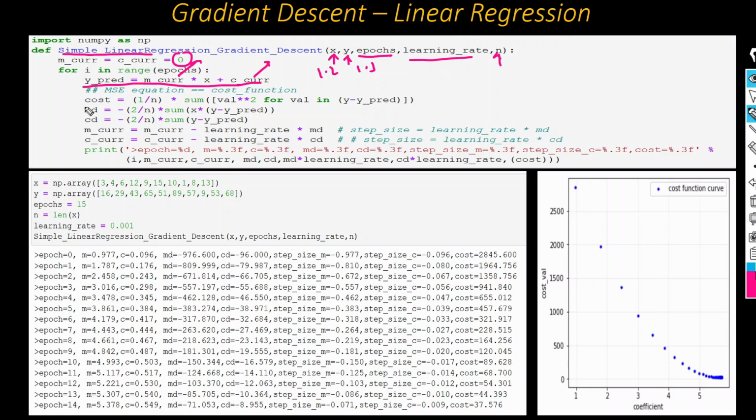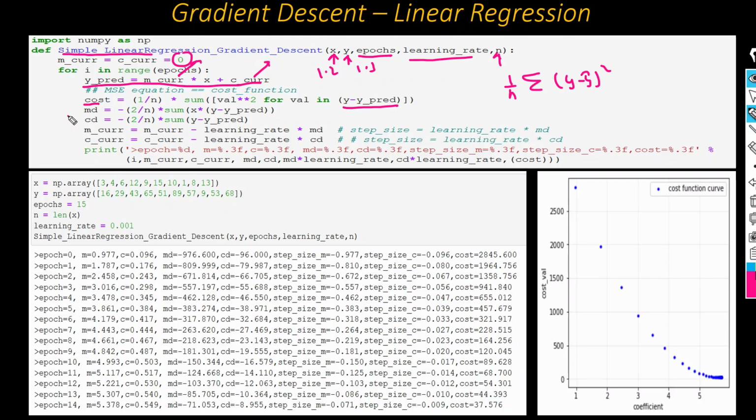As I told you, our cost function is 1 by n summation of (y minus y predicted) whole square. Sum means summation, and this is y minus y predicted. Here I am using list comprehension so that we can get different cost values corresponding to different m and c values, or different slopes.